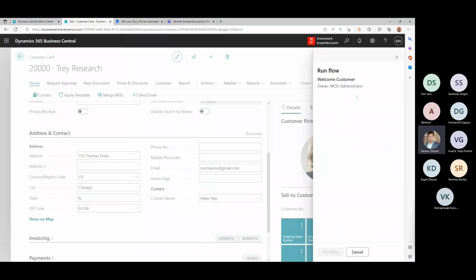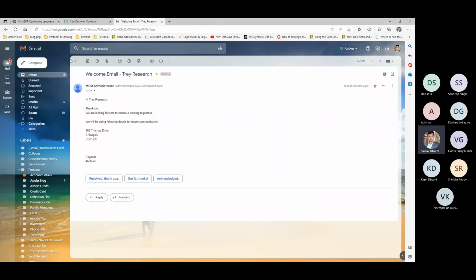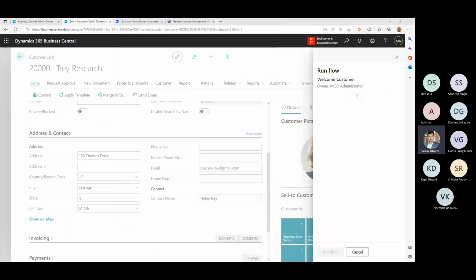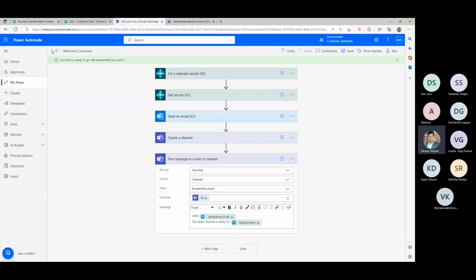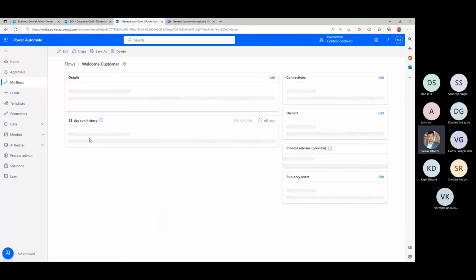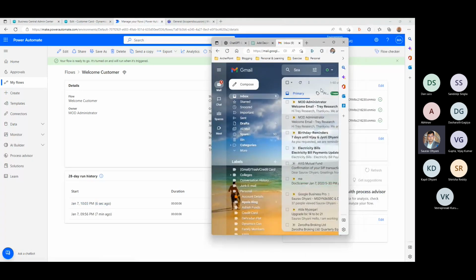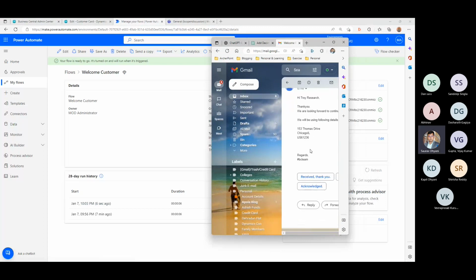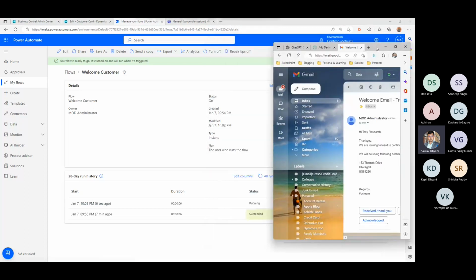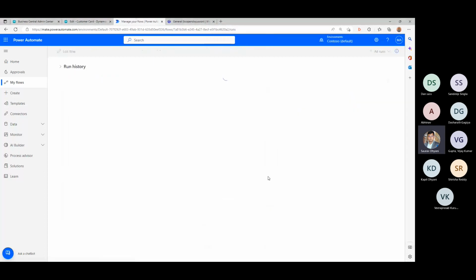The first thing that should happen is I should also get an email again on this. So let's wait for that. Okay, it's still trying to run this. And you can also come back here and check the flow history, or automate. I keep saying it automate flow. It's still running. It's not yet completed, but I have already received an email again with the same thing. I guess it's waiting for it to create the channel and post a message in that.